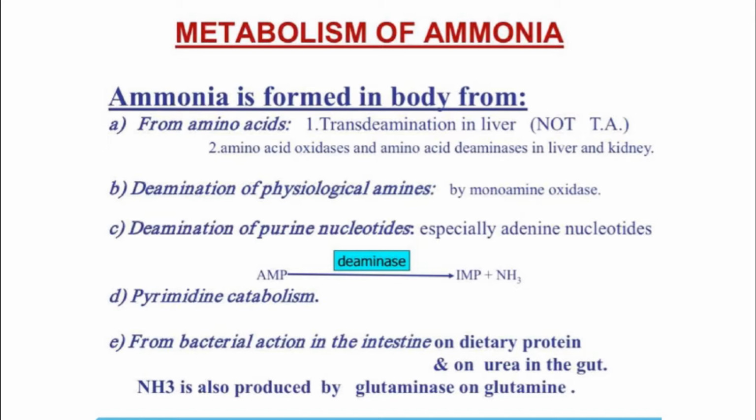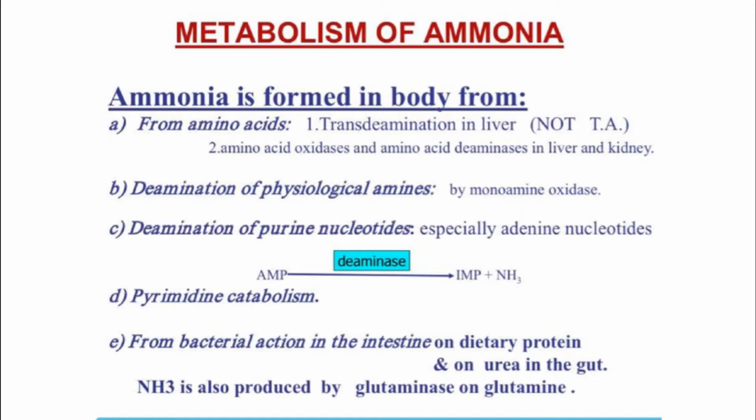Deamination of physiological amines by the enzyme monoamine oxidase. Deamination of purine nucleotides, because purine, as you can see from this equation, is a nucleotide which, when it goes through deamination or degradation, may also produce ammonia. So in our body we have ammonia production from amino acids, from amines, or from purine nucleotides, or from